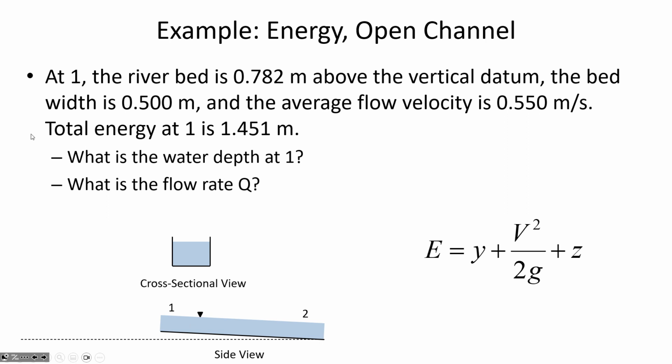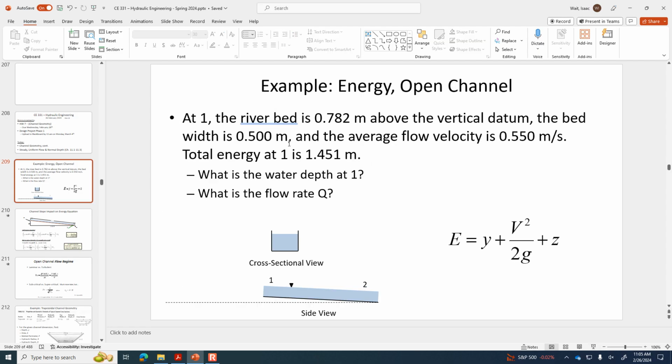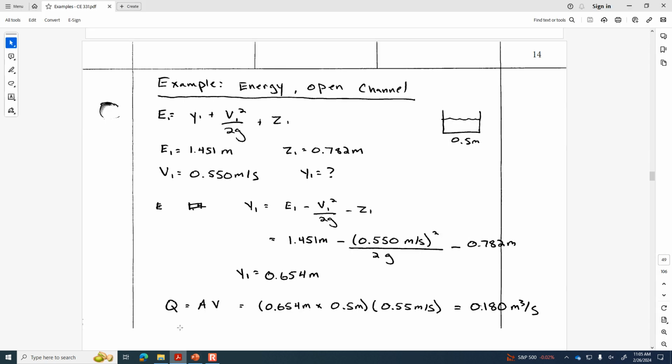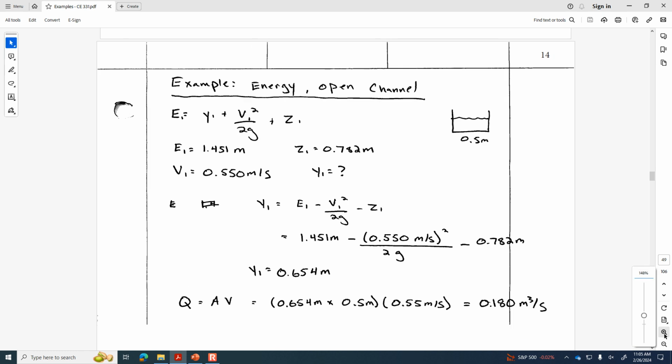So here, this problem is saying, what if we know the total energy at a location is 1.451? So we know E, and we know the velocity is 5.5 meters per second. We know the height of the bed above the datum is 0.782. Just to preserve time for other examples that are maybe more meaningful, let me just show you the calculations for this one. So what we do